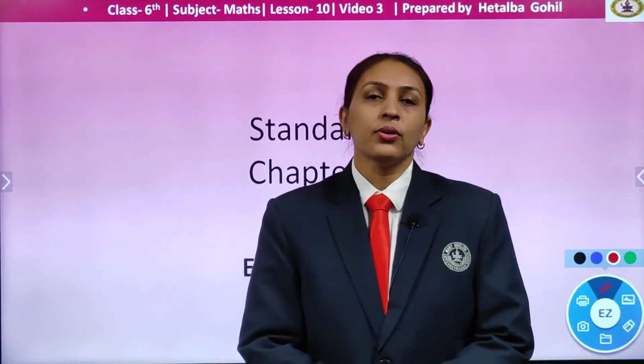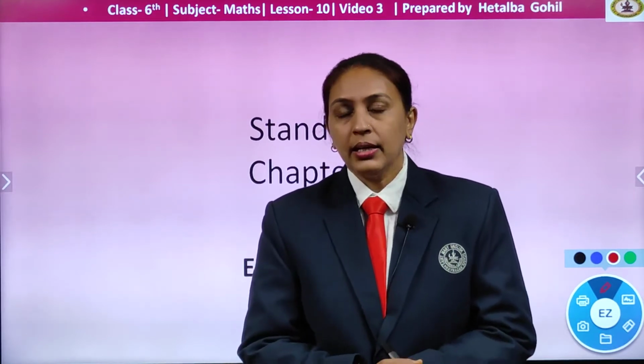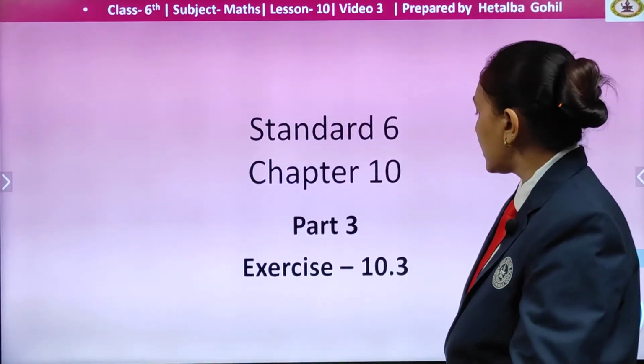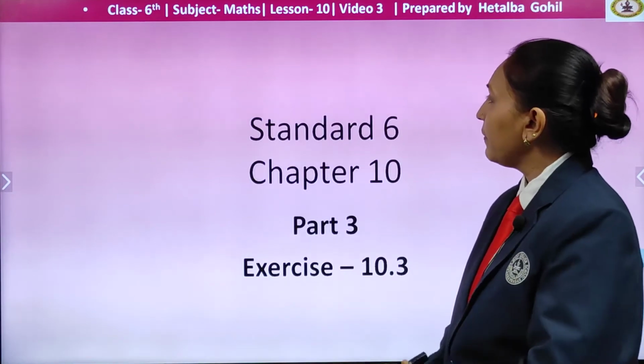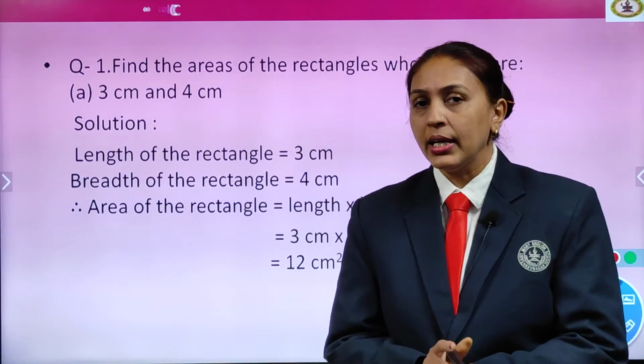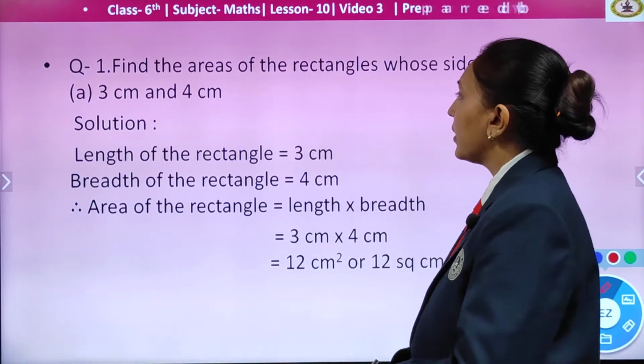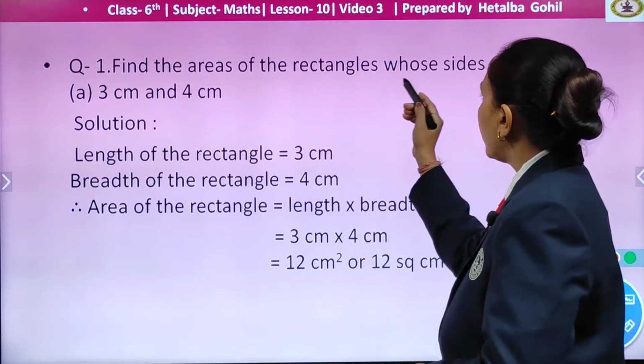In the previous video, children, we learned about the different shapes and we found the perimeter. So the perimeter of different shapes is learnt by us. Now we will move further with the next exercise 10.3, wherein we will learn how to find the area of different shapes. So the first question we have here: find the areas of the rectangle whose sides are